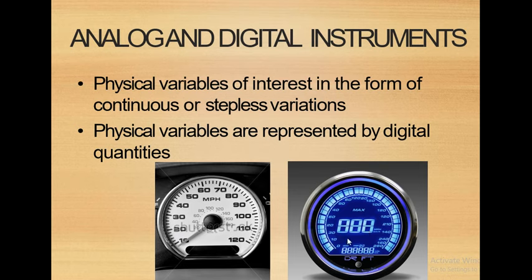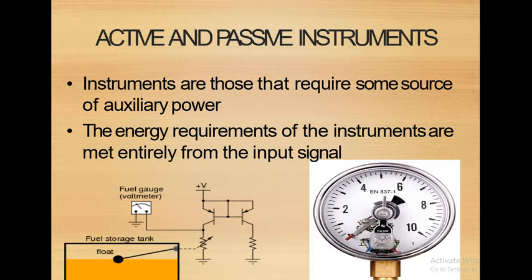Another important thing is that the data of a digital instrument can be stored in a memory card and used in the future for analysis purposes, but here the storage is not possible. So these are some advantages, disadvantages and key points of analog and digital instruments. I am just covering the basics, but you have to write in depth in a paper. You have to make your own points or own notes. That is very important. Now the next type of instrument classification is active and passive instruments.